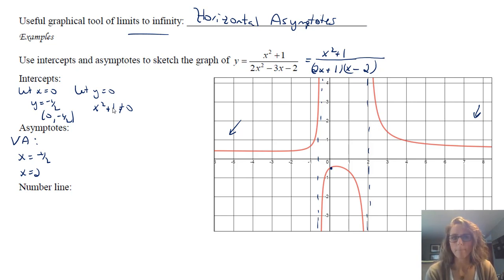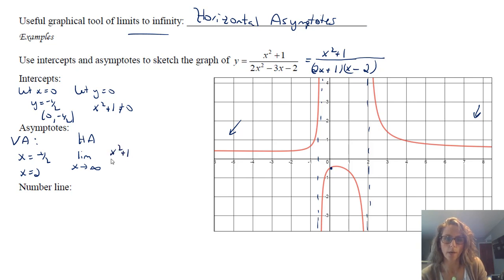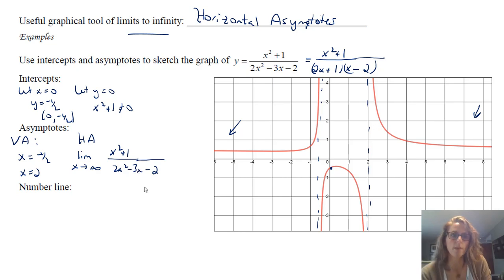So now let's talk about horizontal asymptotes. In terms of horizontal asymptotes, you'd be looking at the limit as x approaches infinity of x squared plus 1 over 2x squared minus 3x minus 2. By doing this limit, this will tell you what the graph does as x goes out to infinity. So it's helping you to graph it, so that you're not just doing a sketch like, well, it goes that way. What is it actually approaching? And we can see from the first page of our notes that because the degrees are the same, we will in fact have an asymptote here.